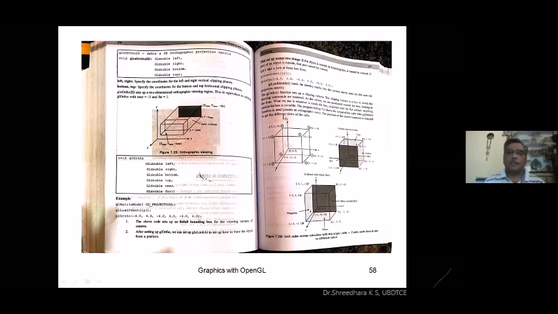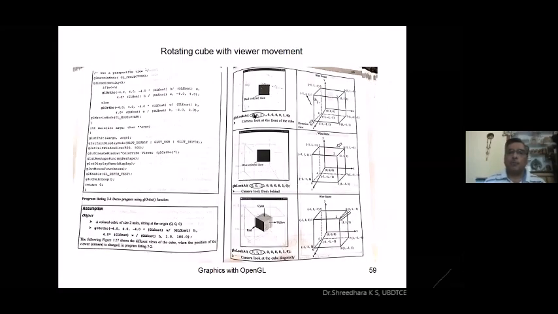After discussing the program, you can see that if we view from the front, it looks like a small rectangle, and all angles we have shown. Here is the position from where we are observing. From the back, the arrow mark is shown and it looks like a rectangle once again. Whereas if it is viewed from this position, you can see three faces. So try to run this program and see the effect on the cube. Here, the same effect can be observed.